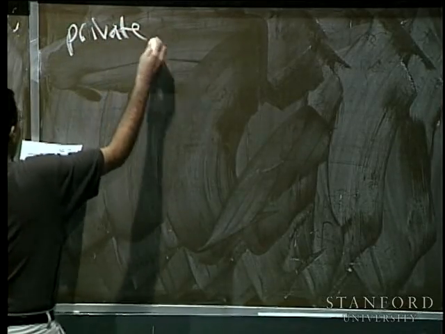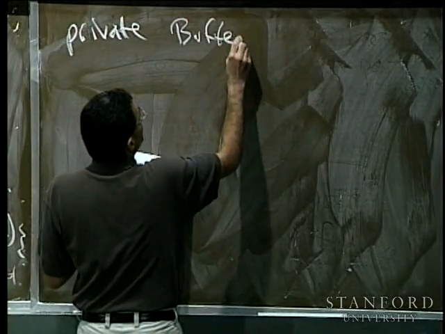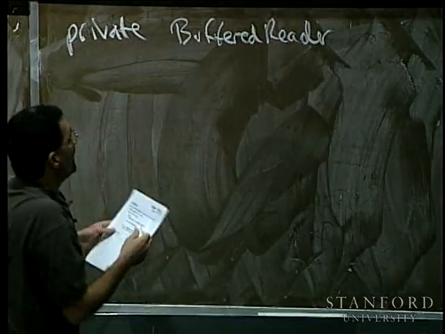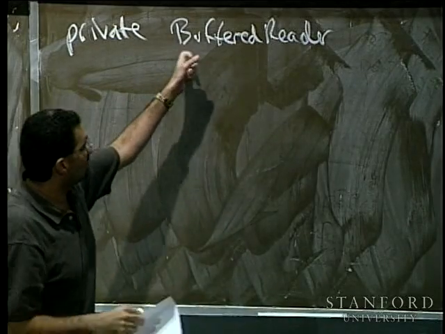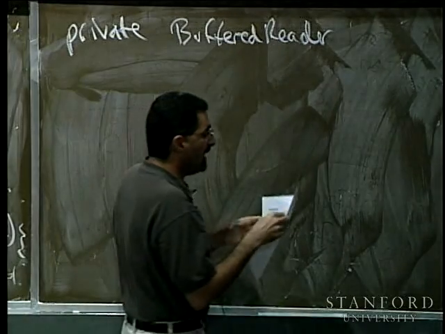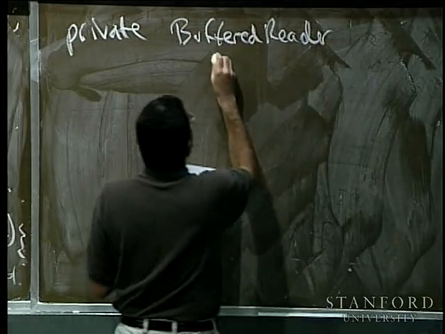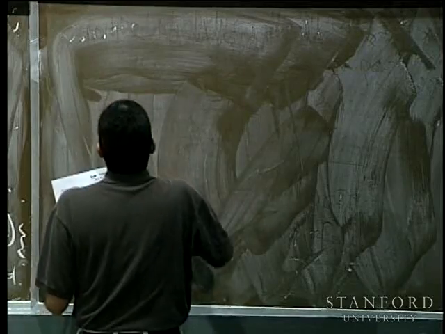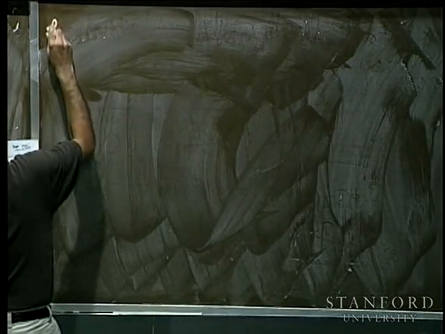All right, so we have private. We're going to return a buffered reader. So this is a function or a method we're going to write that's a private method inside some class. It's going to return a buffered reader. And what we'll call this is open file. So the name of the method, let me make this all a little bit smaller so I can fit it on one line. Private